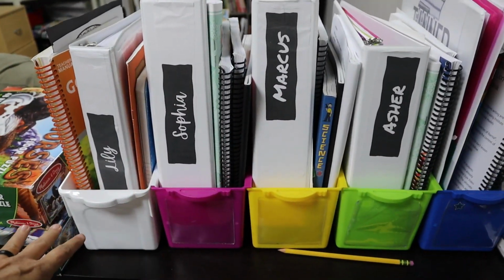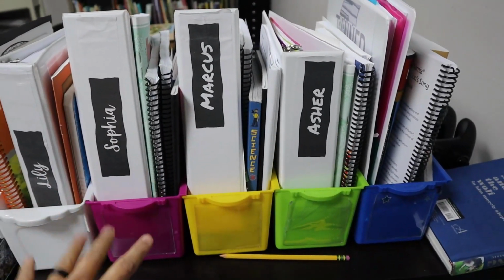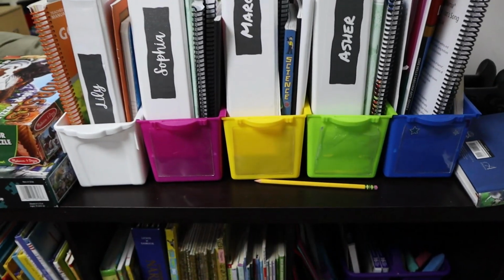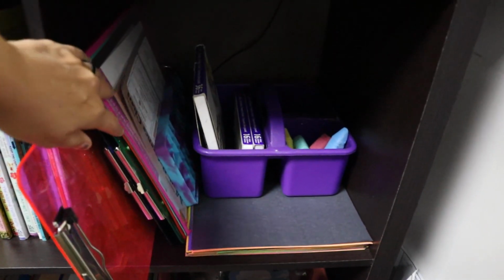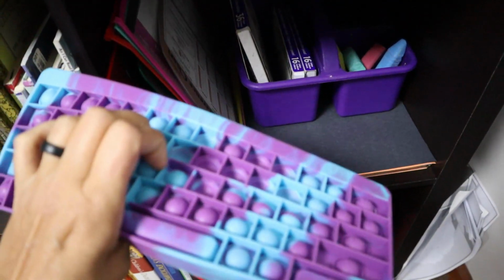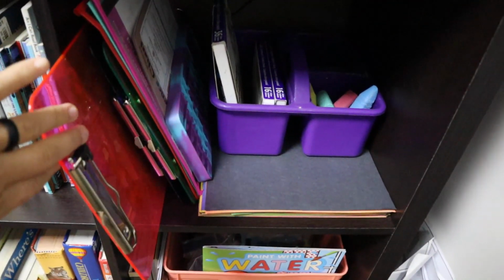So each kiddo, except for my youngest, has their own little bin here with all of their stuff. And you can see somebody didn't put all their stuff up. This is just some random art supplies and construction paper, like resources. They use this for spelling, to practice their spelling. It's a little keyboard, pop it, and they can spell their words on there, so it's tactile. Some